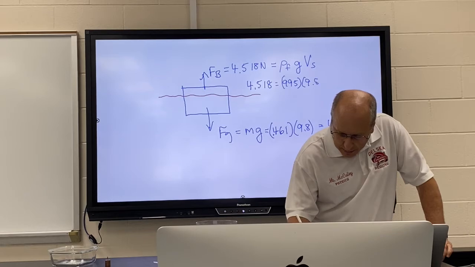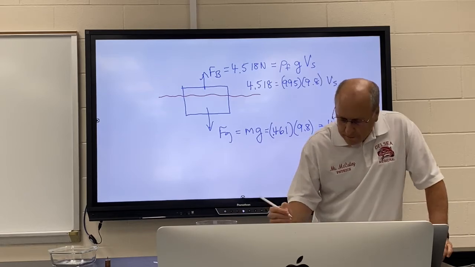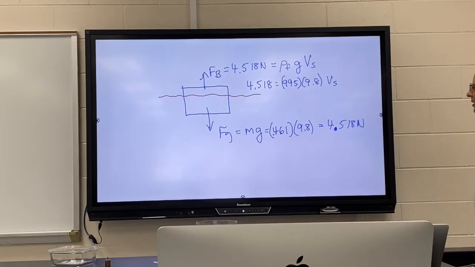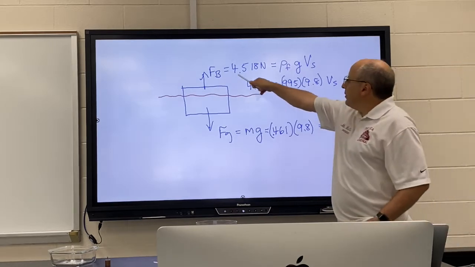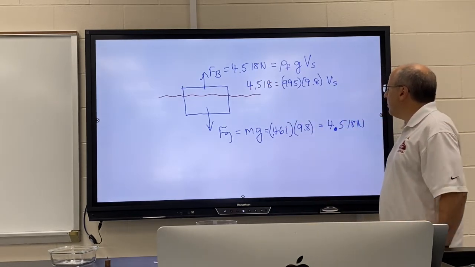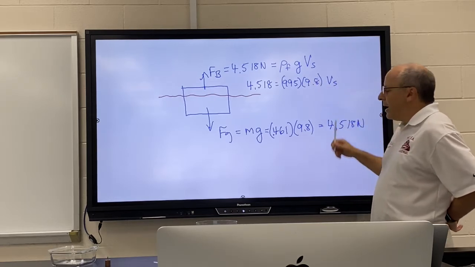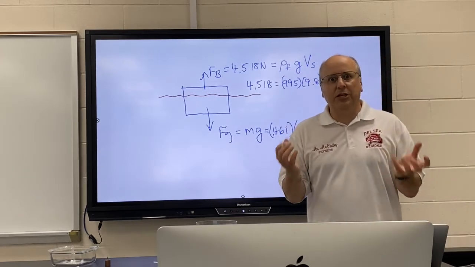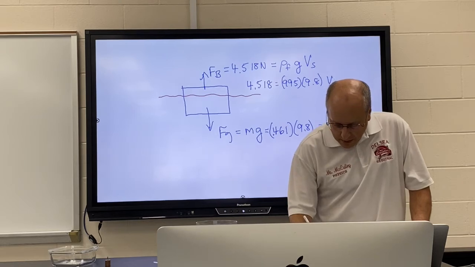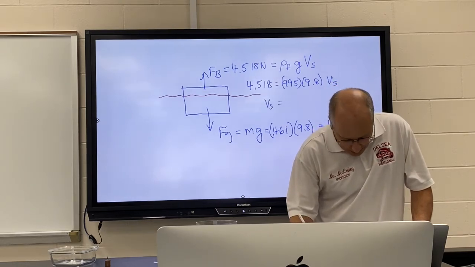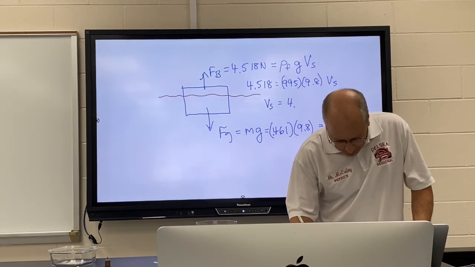Earth, 9.8. Volume submerged. We set gravity equal to buoyancy because we want it to float. We use our fluid density and our planet, and that will let us figure out how much is below the fluid. When you work this out, you're going to get a really small number